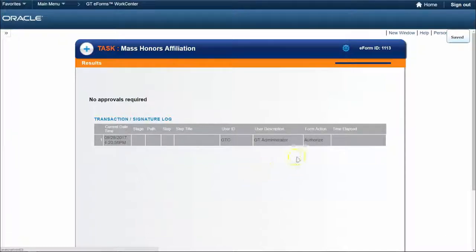Gideon Taylor consultants can work with your team to build a component interface to update the student's record with the honors affiliation indicated on either an individual or mass upload form. This template is designed to give institutions a head start when implementing online interoffice forms. Gideon Taylor consultants can help clients define and curate form fields and form logic, configure complex workflows for every business process, and build component interfaces to automate PeopleSoft